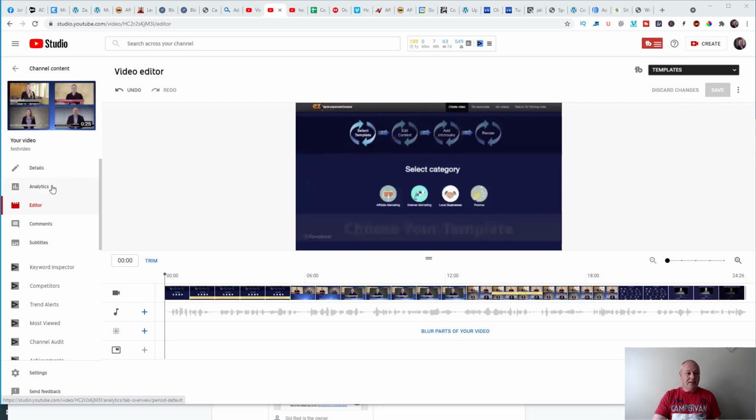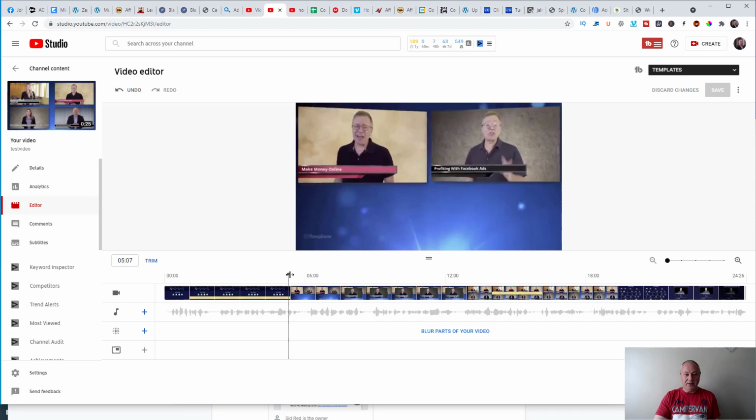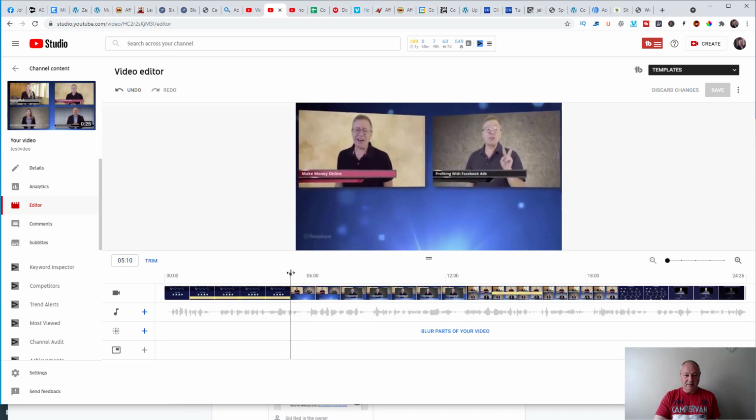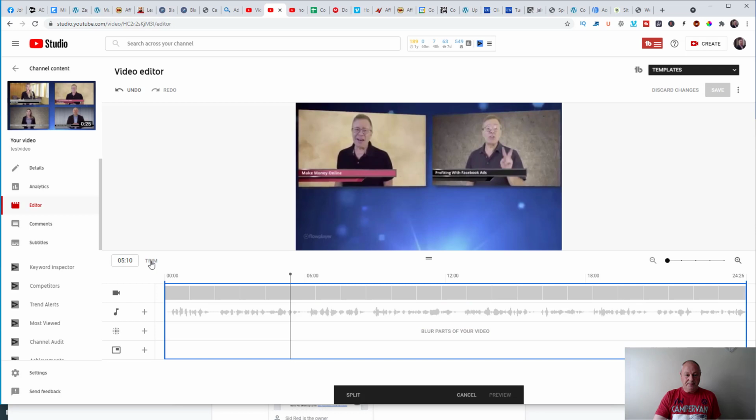Now I clicked on the editor and there are no tutorials at all on how to use this, so it was a bit of trial and error for me, but I worked out what you need to do if you need to delete a section. If you bring this indicator here to the part in the video that you want to get rid of, click the trim button,